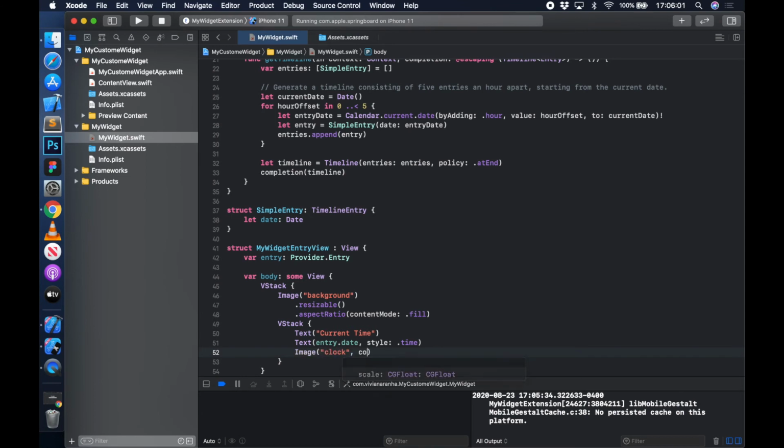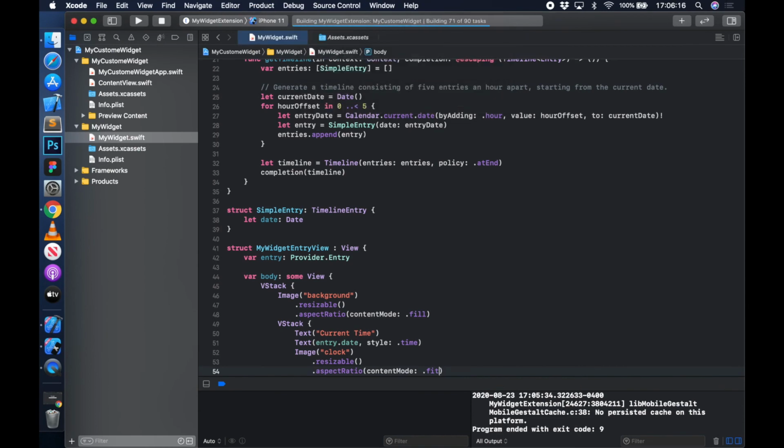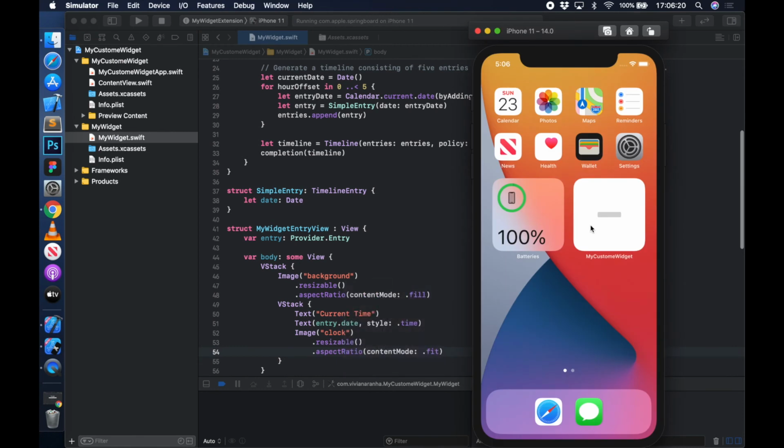Even this one I'm going to say resizable, and aspect ratio fit this time. Run it, and I'll have current time, the current date that it displays, and the clock below it.